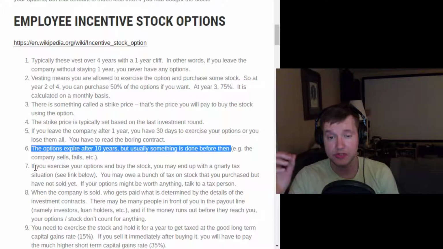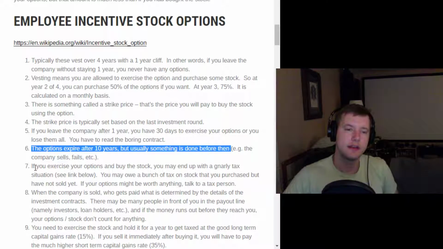You would want to talk to a tax person because it is complicated. This is one of those complicated tax situations that I would not want to leave up to an amateur like me or to TurboTax. You want to talk to a tax professional who knows how to engineer this stuff to get you the maximum gain.